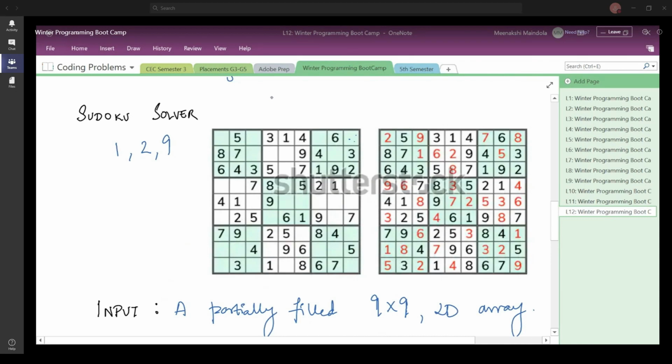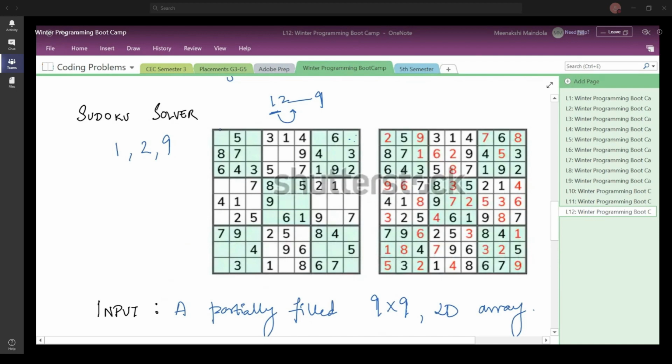So if you begin with a loop from 1 to 9, you begin with the first digit, which is 1. Before filling in 1 here, you check the condition if 1 is in the same row. You find out, yes, 1 is in the same row, you cannot fill 1 here. So in the next iteration of the loop, the next element that you pick up is going to be 2. Then you try for 2 here.